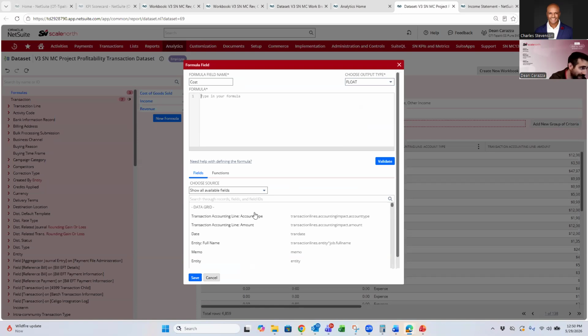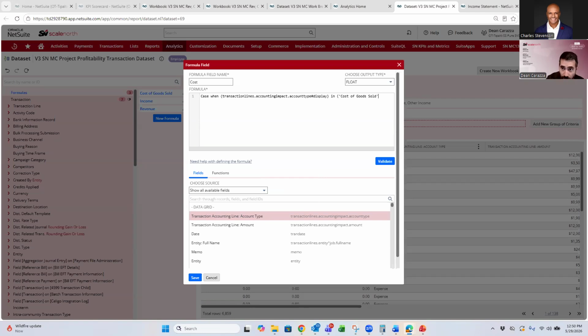So to do that, we're going to go case when the account type, and this time we're going to do in and open parentheses. What this is saying is that when the account type is any of these options that we comma separate, then we're going to do it. So if the account type is either cost of goods sold,